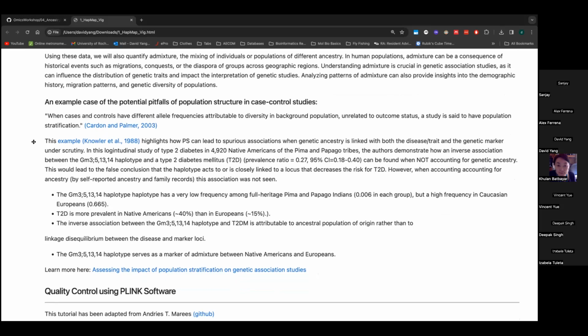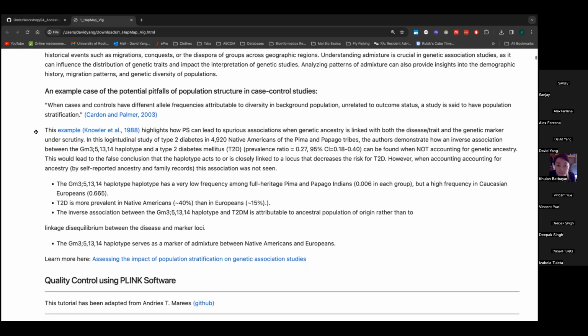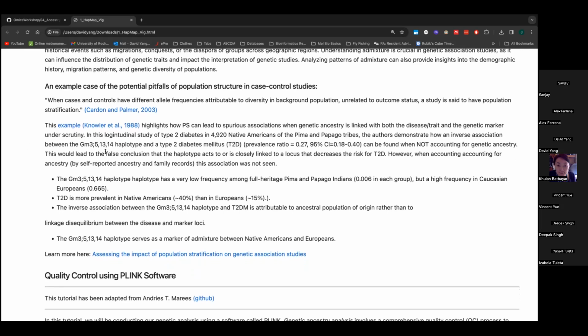And I just want to read this quote to get things started. And so, when cases and controls have different allele frequencies attributable to diversity in the background population, unrelated to outcome status, a study is said to have population stratification. And so in this example that I've highlighted here, which looked at a longitudinal study of type 2 diabetes in two Native American tribes,